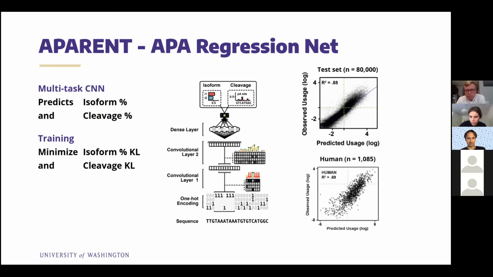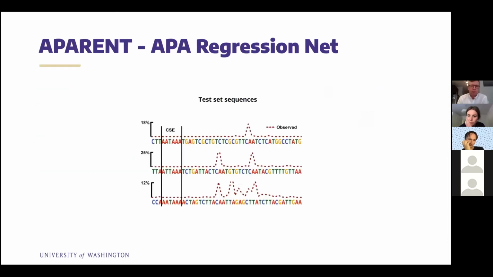Furthermore, and importantly, in addition to these randomized polyA signals, Nick Bogard also measured the isoform proportion of native human polyA signals in the same APA reporter system. And this is quite cool, I think, because APARENT, which has only been trained on these degenerate polyA signals, can accurately infer the isoform proportion of human polyA signals, which of course is a requirement if we want to do variant prediction. And I think this is also a quite nice visualization of how powerful APARENT is.